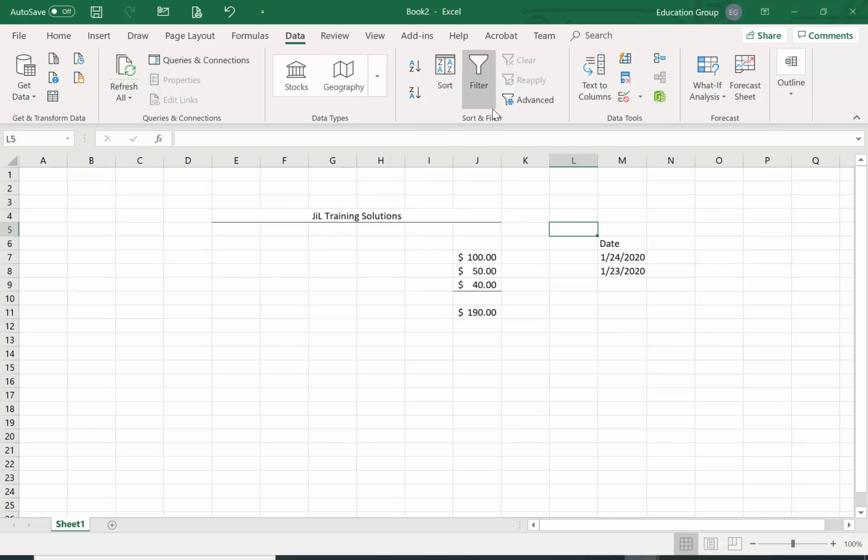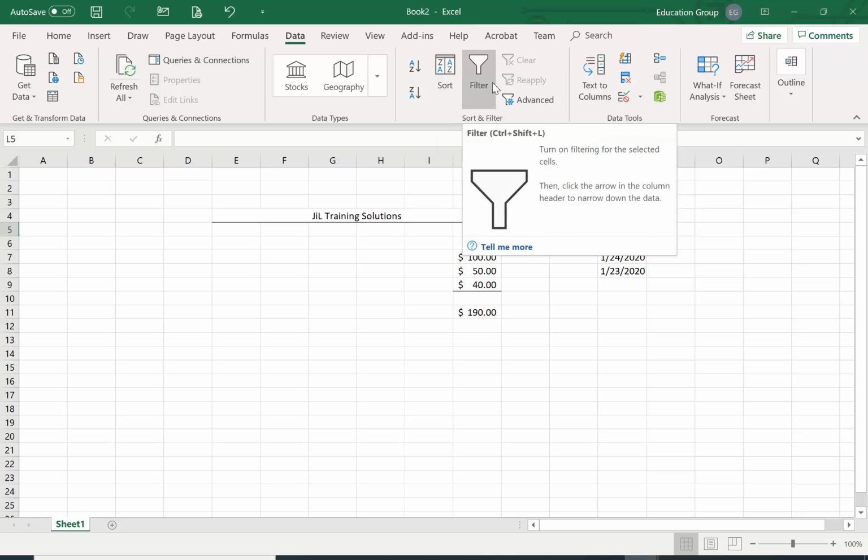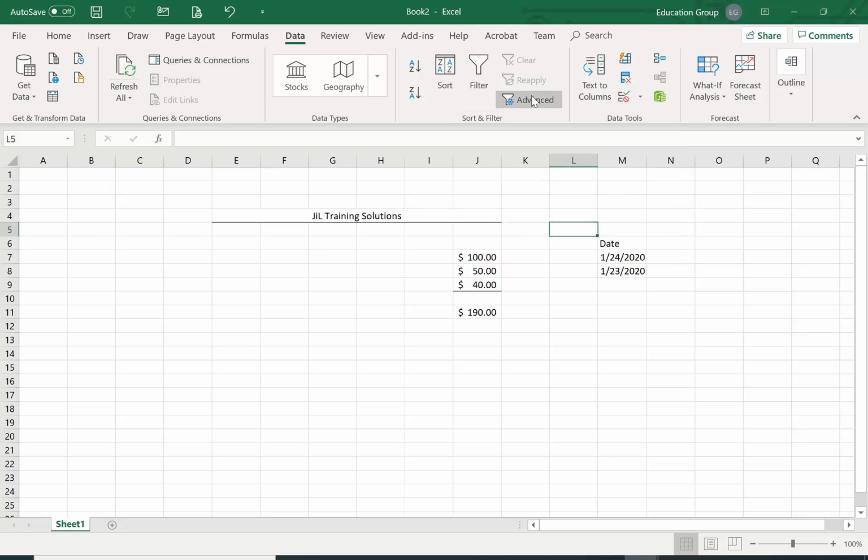So sort and filter, you can sort your data. As we already showed you when I did the data, you can filter the data based on values in a particular column. This is more advanced queries. Data tools, I really won't go into that. I did do a video on text to column. So when you get a text file from an external source and it's in a certain format and you want to import it into the appropriate columns, you would use these data tools in order to do that. And in forecasting,